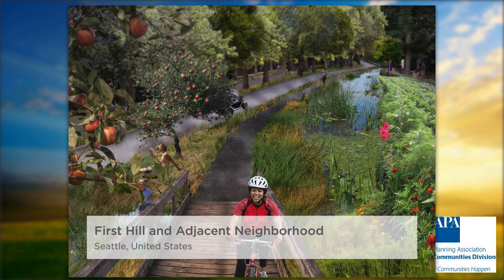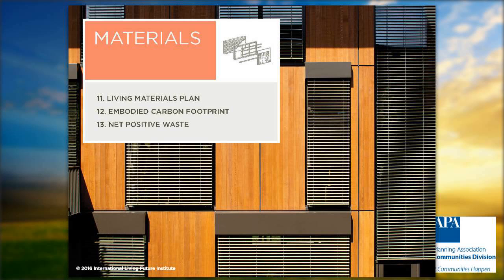The materials petal. Materials selection has broad-reaching impact on design, construction, and occupancy. It deeply influences and is influenced by each of the other petals. We generally use the precautionary principle as the underlying theme of the materials petal. It states that if an action or policy might cause severe harm to the public or to the environment, in the absence of a scientific consensus that harm would not ensue, the burden of proof falls on those who would advocate taking change. In layman's terms, it's the better safe than sorry approach.